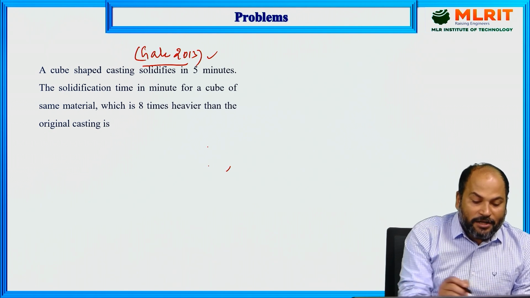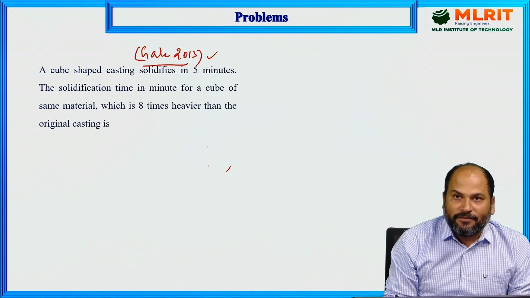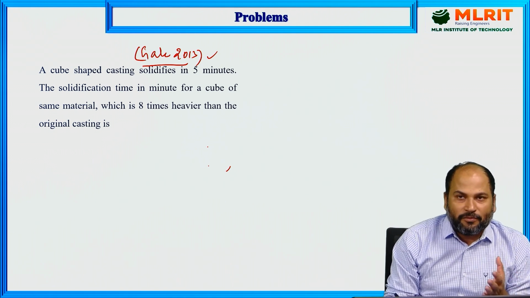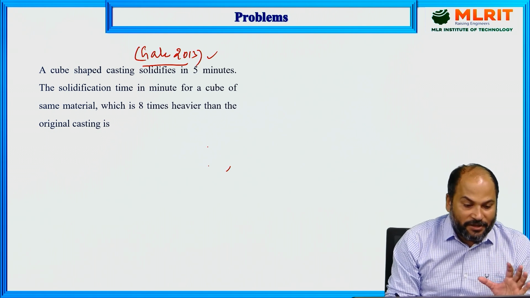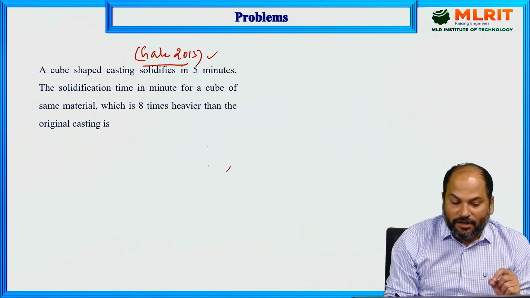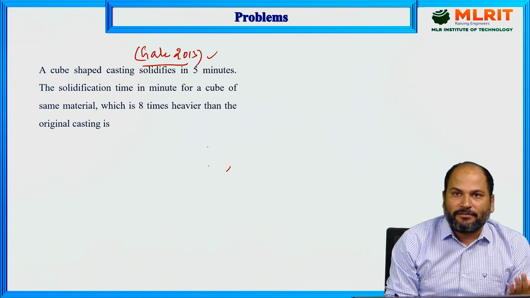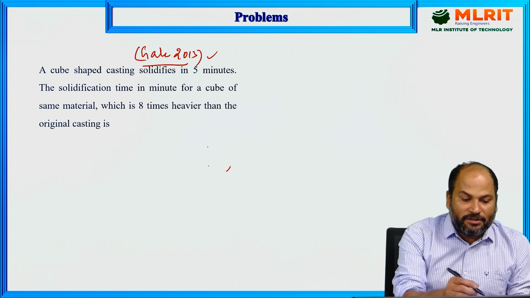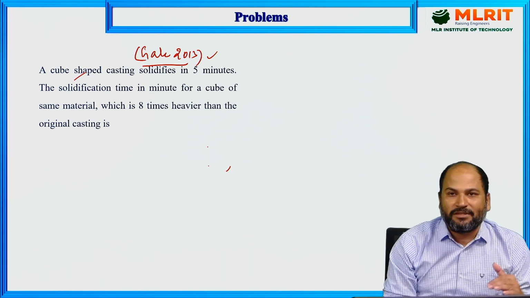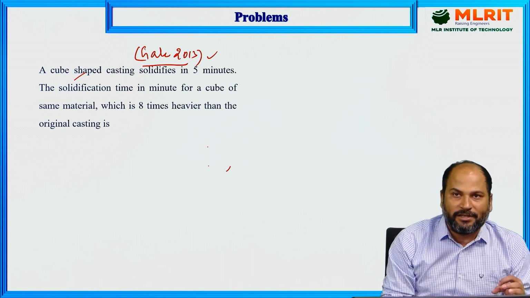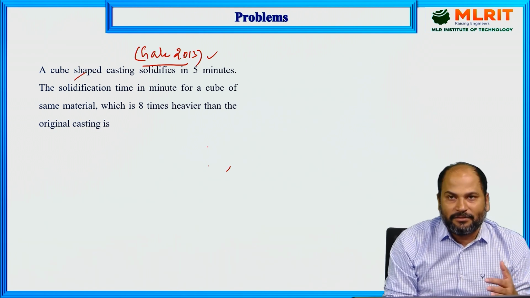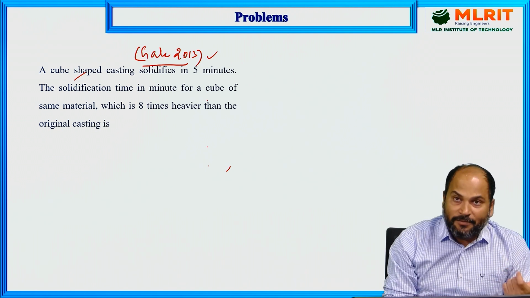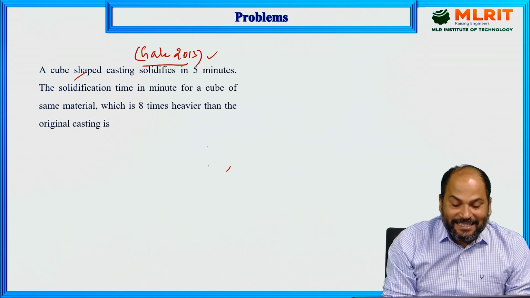So a cube shaped casting solidifies in 5 minutes, meaning a cube shaped casting is there and for solidification it is taking 5 minutes. Now we have another cube shaped casting of the same material. Suppose the first casting is made of aluminum, the second one is also aluminum because the material is the same. If the first one is cast iron, the second one is also cast iron. It has been given that the material is the same and the shape is also a cube, which is 8 times heavier than